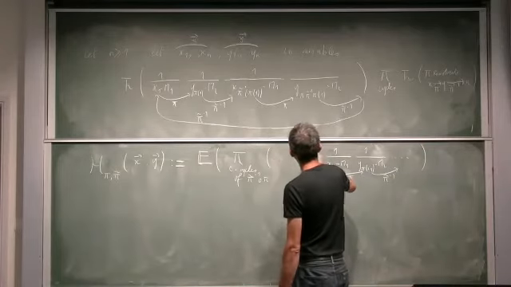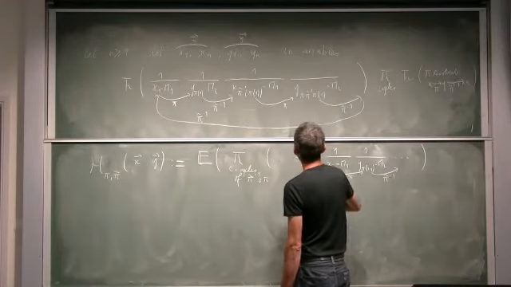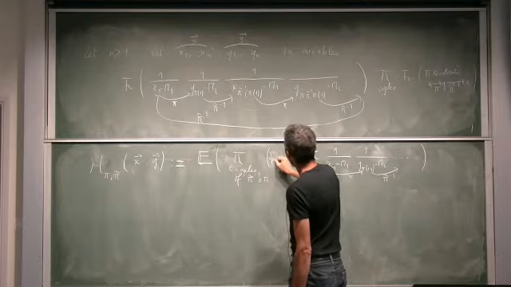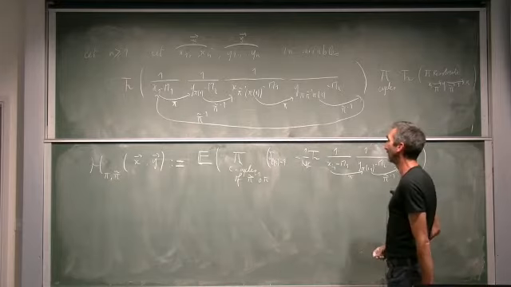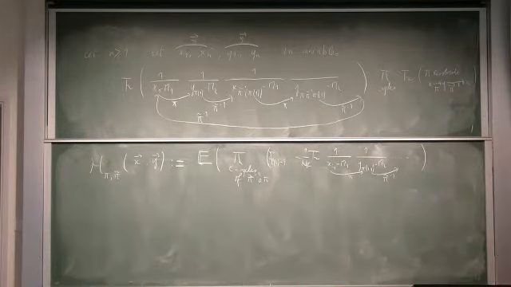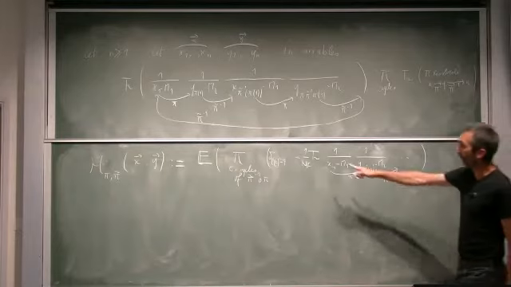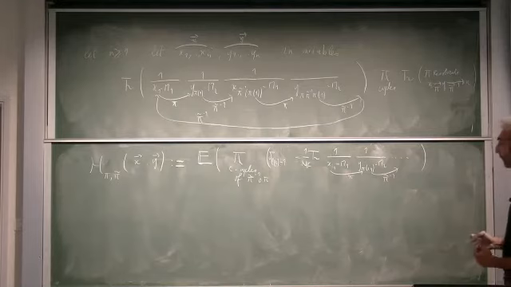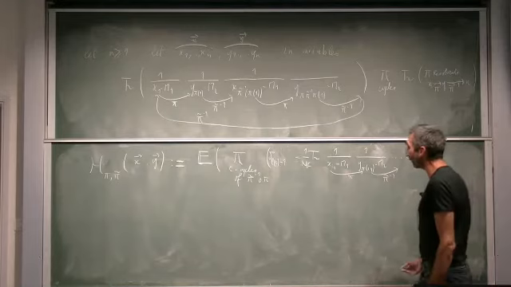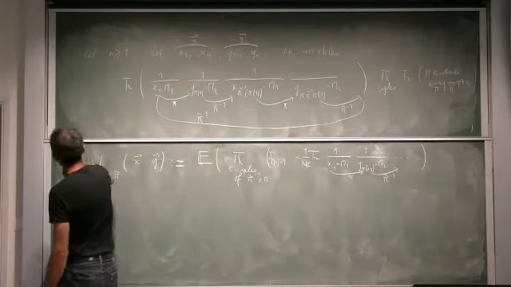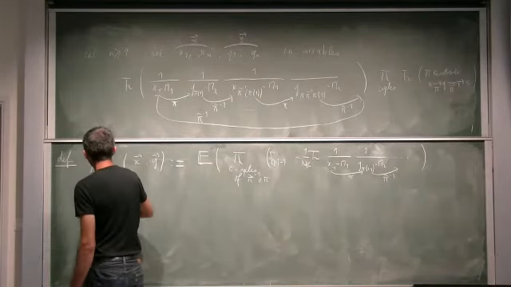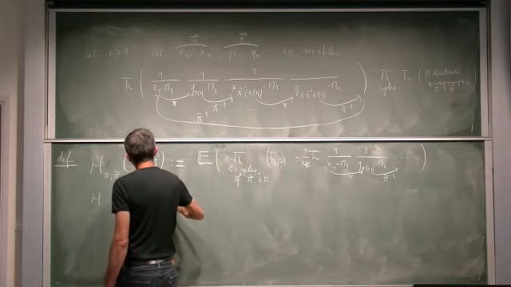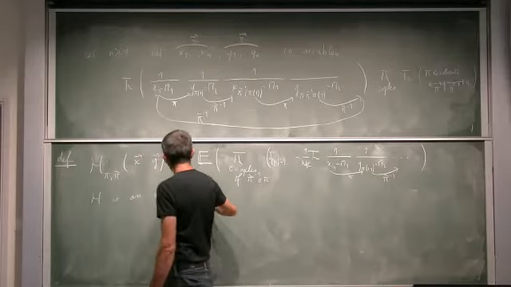But let me add something. Let me put a factor of minus 1 over N to the power c here. And let me also put a delta for the length of the cycle being 1. So each time the length of the cycle is 1, you put the number 1, it's the Kronecker delta: 1 if the length of the cycle is 1, 0 otherwise. So that's my definition. And H is an n factorial times n factorial matrix.